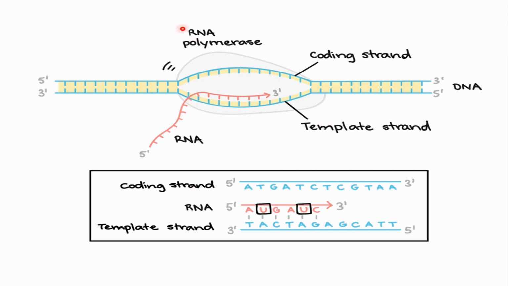Here we have RNA polymerase. It is again an enzyme. It will come closer to DNA, and due to this the DNA double strand will open wide. So we have a coding strand over here. As I told you, there are bases like adenine, guanine, thymine, cytosine. These four are there over here. They form pairs: adenine will pair with thymine, cytosine will pair with guanine.